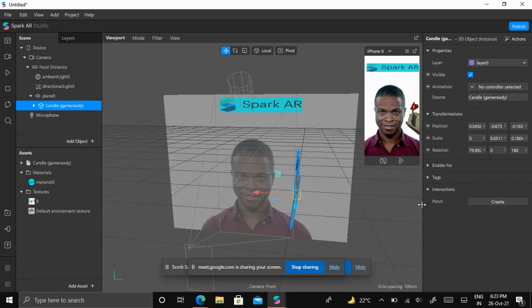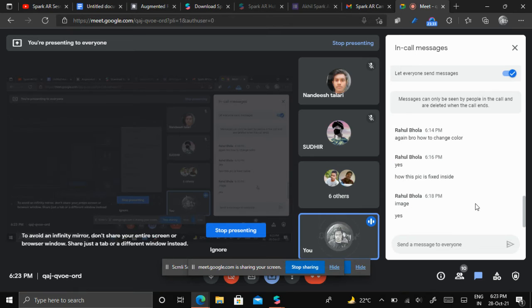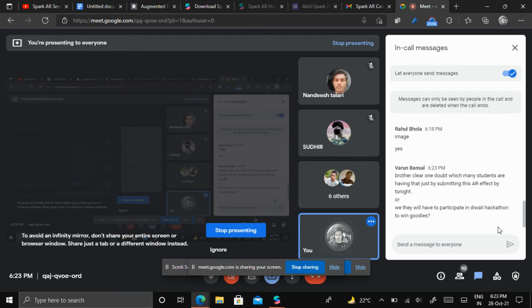Now I want to add a face tracker. So what I will do, I'll go to the add. It's fine here till now, right? Are you having any doubts till now? Any doubt you can ask. Till now it's clear, right? Because going forward we'll be learning about face tracker. No doubts, I think so. It's okay.